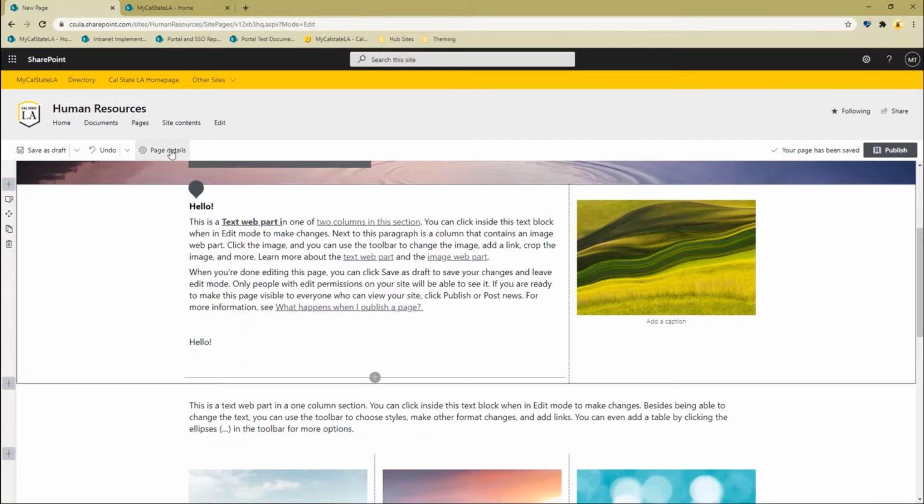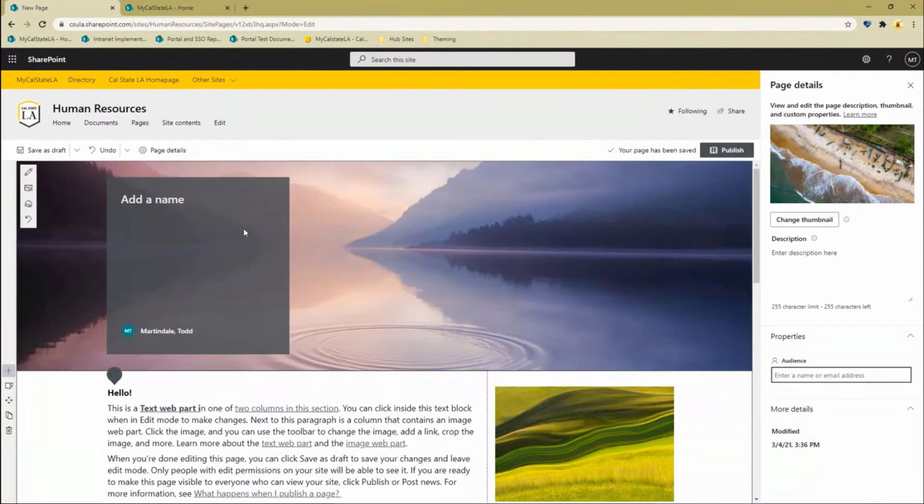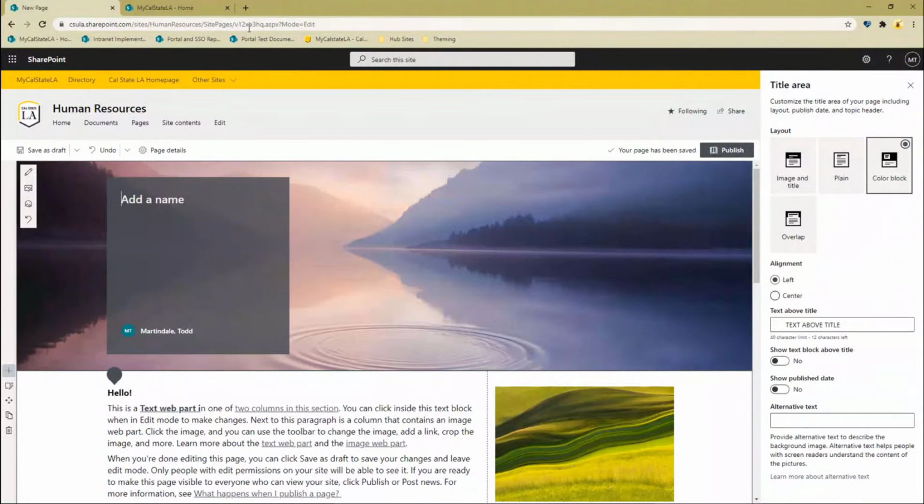So once I've set up my page, with the page too, I can audience target the page if I like. I can change the thumbnail. I can do a few other things here. I can then save as draft, and then I can publish the page. So I'm going to go ahead and add the name for the page. Otherwise, it's going to name it as this weird VA12X or whatever. But I'm going to say demo page. Let's call it that.